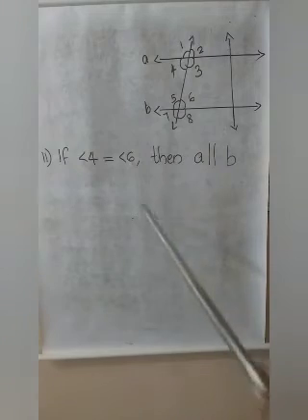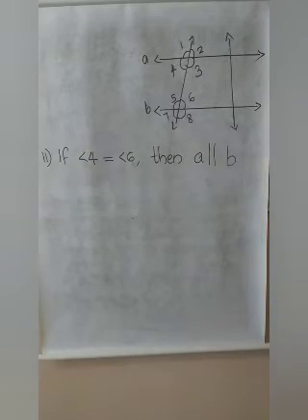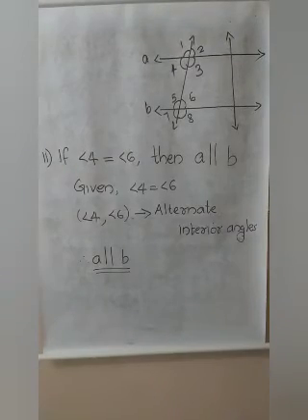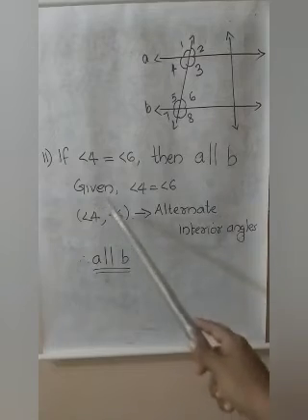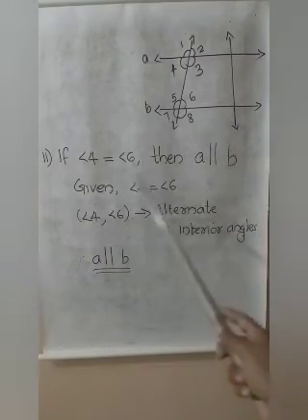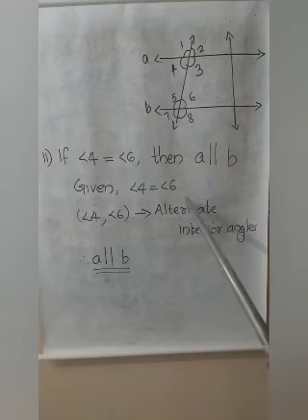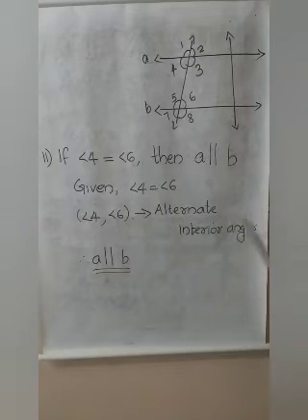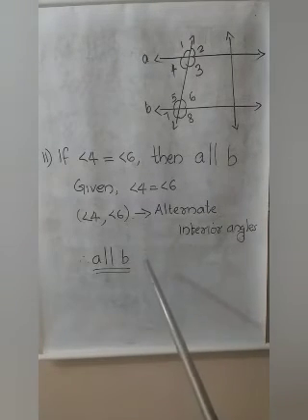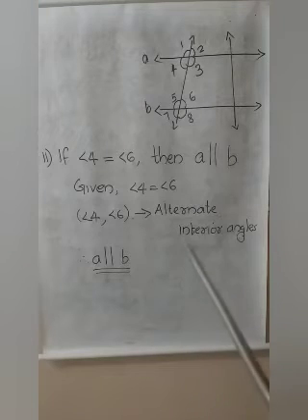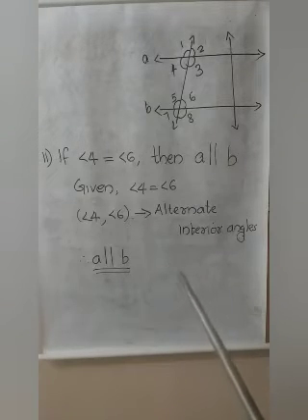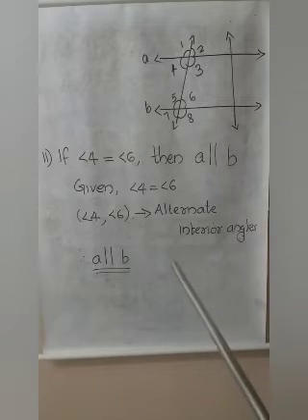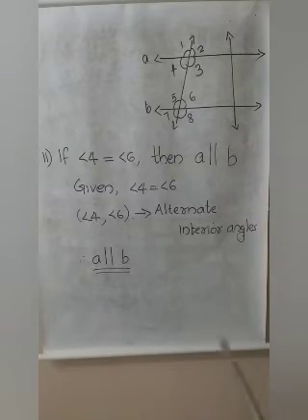Angle 4 and angle 6 form alternate interior angles. So that is equal, which means the given lines should be parallel. So we are starting from what is given in the question. What is given in the question? Angle 4 equal to angle 6. So we identified what is angle 4 and angle 6. Angle 4 and angle 6 are alternate interior angles. So that alternate interior angles are equal, then we can say A is parallel to B. What is the reason? If a transversal cuts two lines and one pair of alternate interior angles are equal, then the lines must be parallel. So that reason you have to specify.